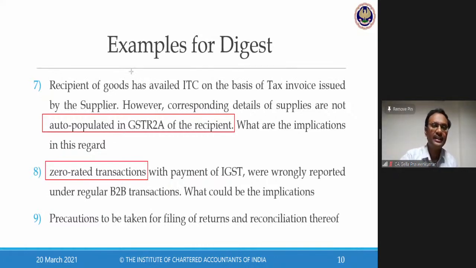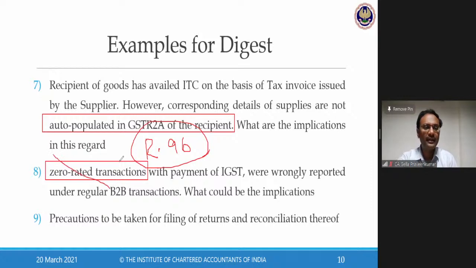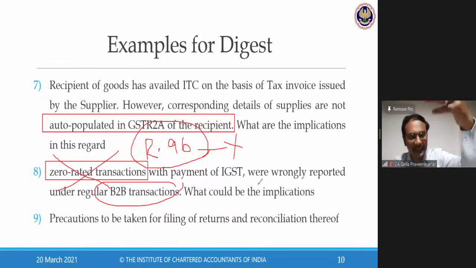Why? There's one principle called Rule 96. Rule 96 says that when you file your GSTR-1 and GSTR-3B, your return is deemed to be an application for a refund for goods. So if I file my return wrongly for zero rated supply, in the case of a position called B2B, my refund under Rule 96 is stuck. I cannot get my refund. So when I come to my respective form, I'll explain how and where this data has to be filled.